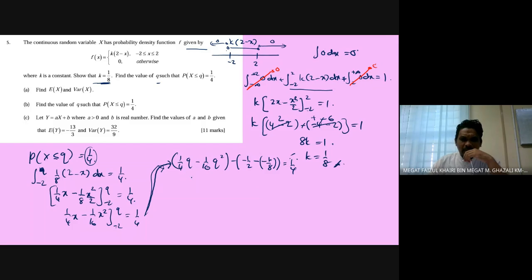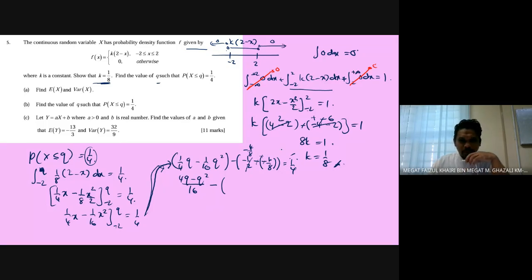Okay, so then 4 times 4, 4q minus q squared divided by 16 minus, this is negative 1 over 2 times 4, 4 over 8, and then negative, negative become positive. So negative 2 squared go 4, 4 over 16, 1 over 4. Okay, so class,